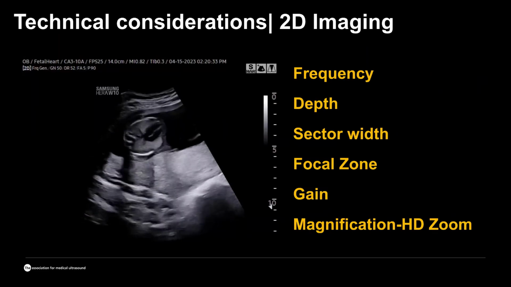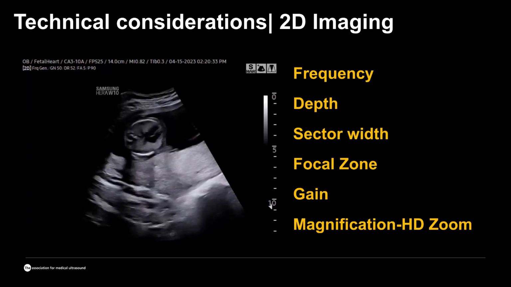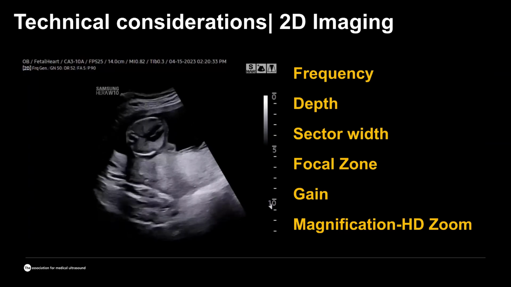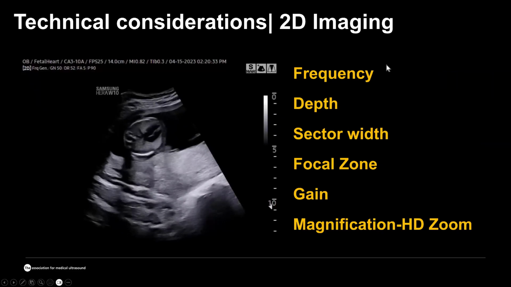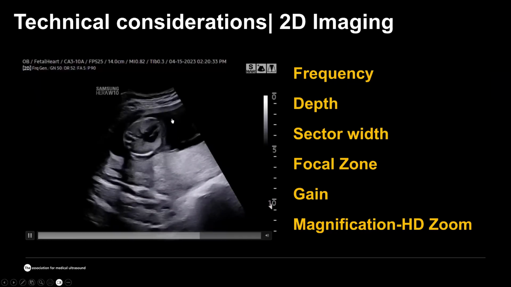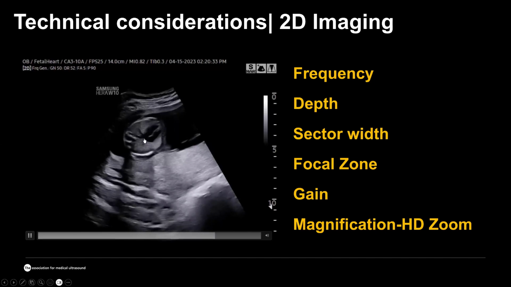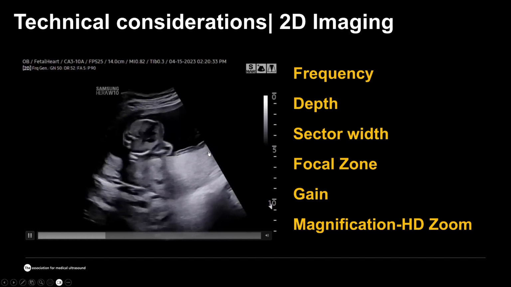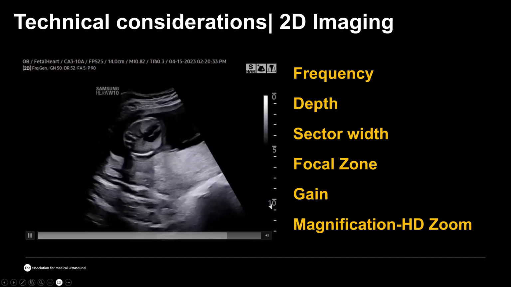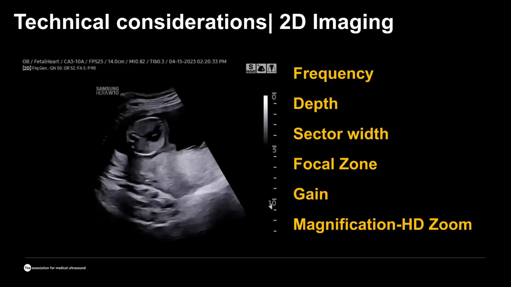Before we go into a lot of details, I would like to start from this image, because the technical component of cardiac imaging is very, very important for us. Even though on this image you can clearly see the cross-section of the fetal chest with the heart beating, it should not be used for clinical evaluation, because this image requires a lot of work to optimize to be acceptable for clinical judgment.